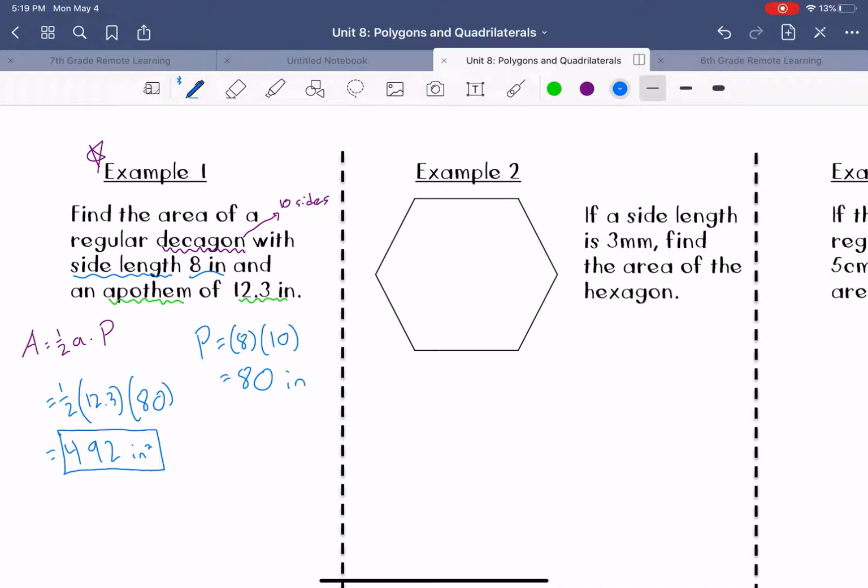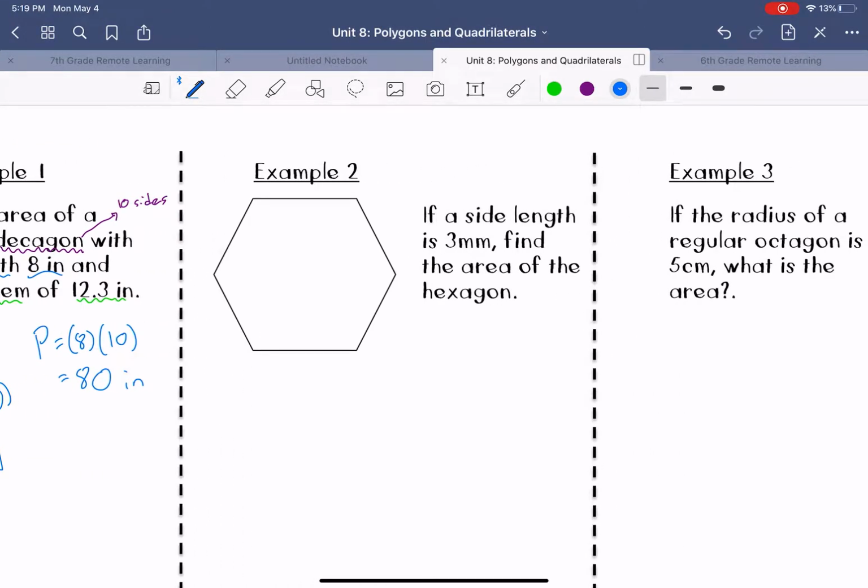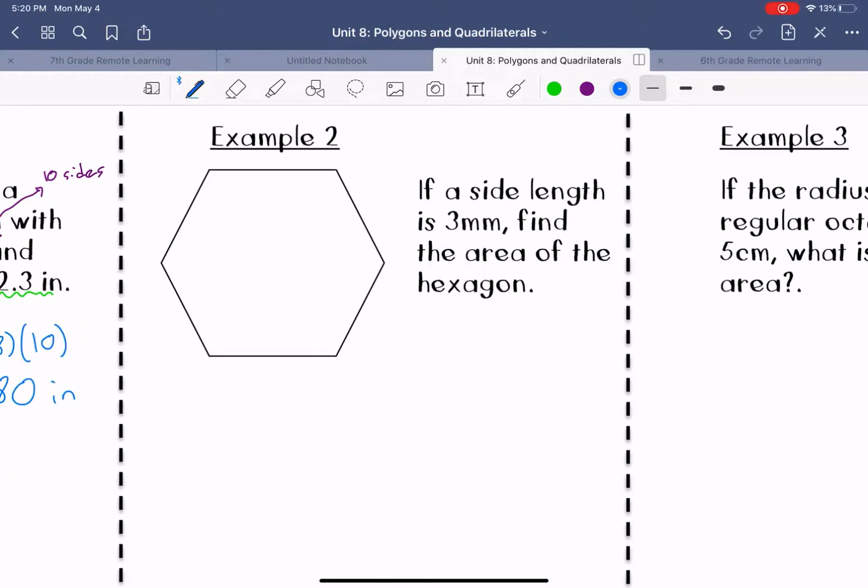There's one more thing I'm going to show you with this example too. We're not going to do it completely, but I want to point something out. So it says if a side length is 3 millimeters, so we're going to label that, find the area of the hexagon. So notice we're not given the apothem in this case. And so tomorrow or later we'll talk about how to find the apothem given this information and what that's going to be based on. As I said earlier, we're going to use some special right triangles or some trigonometry, but